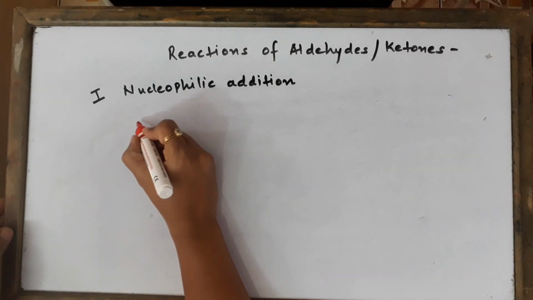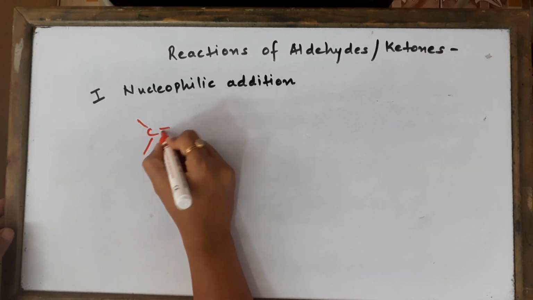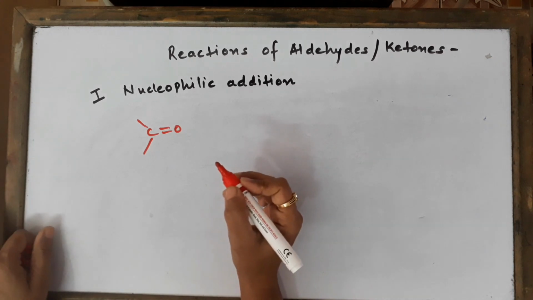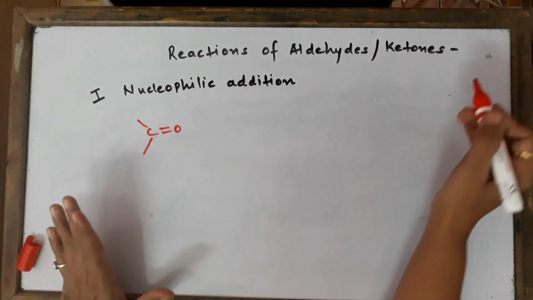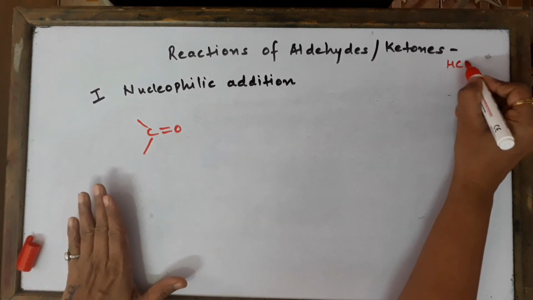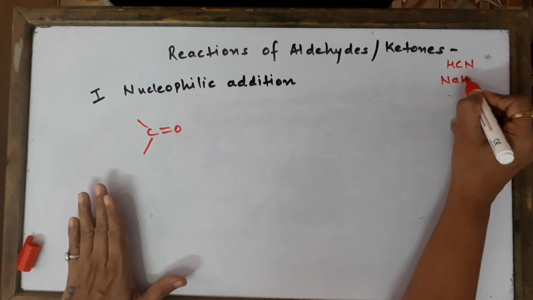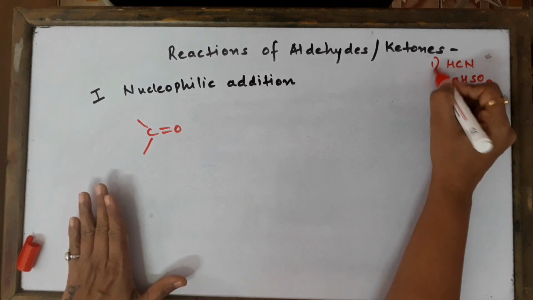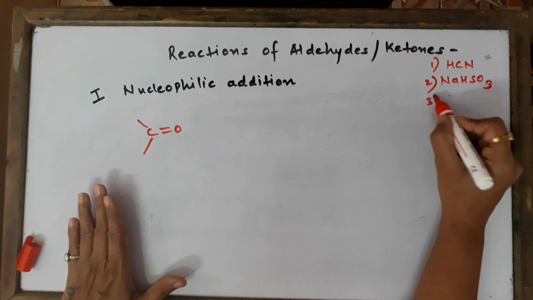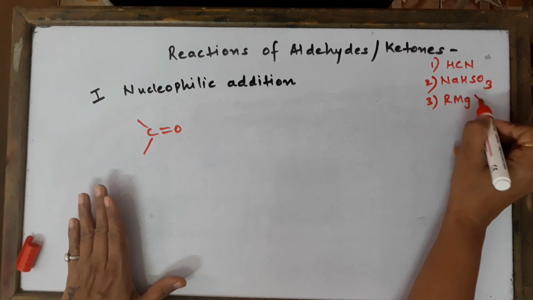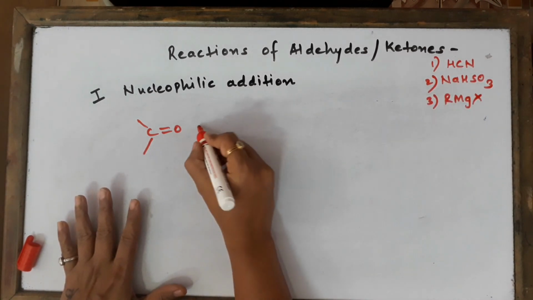The third reaction which we are going to see is a very simple one, and we have already done this before also, addition of Grignard reagents. So what reagents have we discussed? Once again, we have discussed HCN, that is hydrogen cyanide. We have discussed the second reagent, that is NaHSO3. And now we are going to discuss the third reagent which we are going to add, that is Grignard reagent,